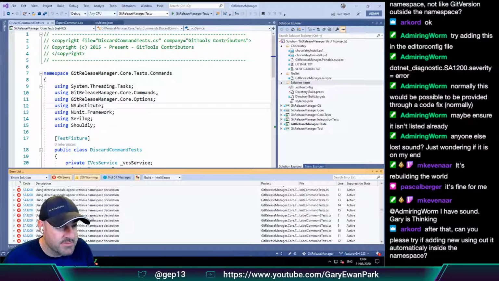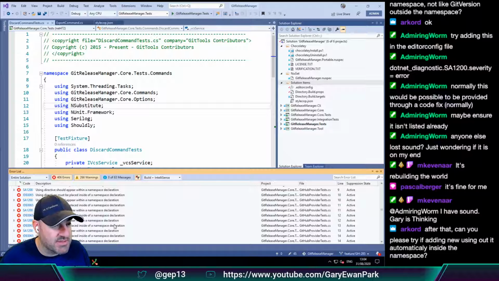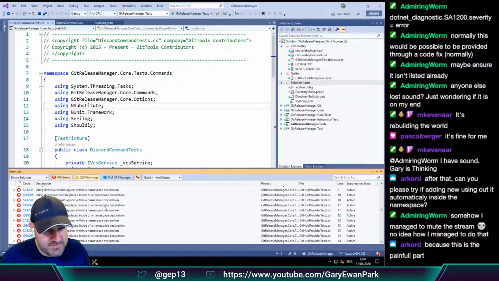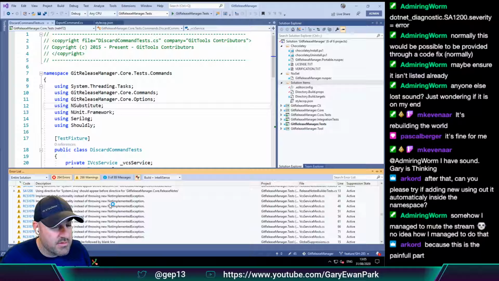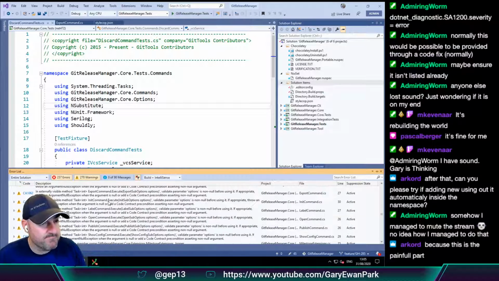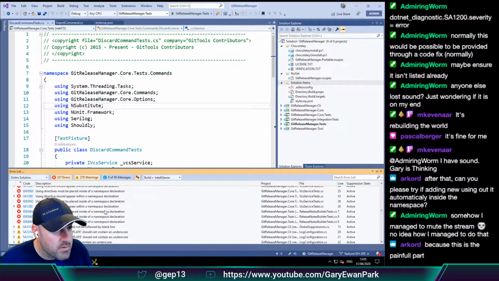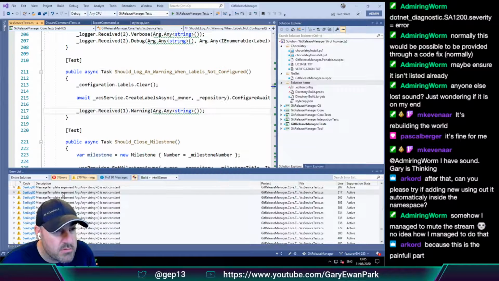I think it's still thinking. Let's give it a second. Running low priority background tasks. Background processes. I think it's still thinking. What was that?